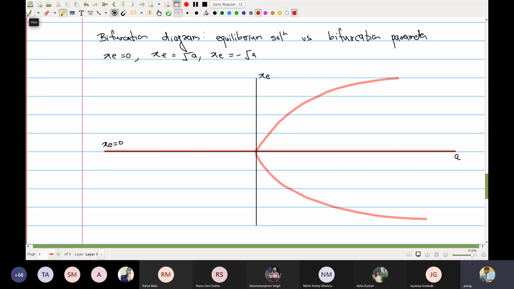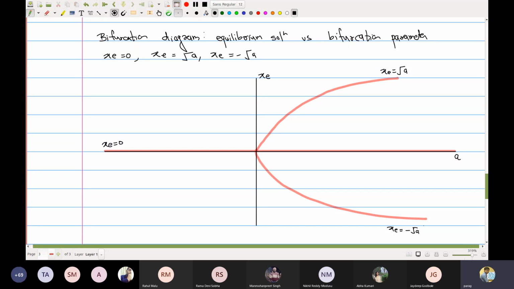So let me write it down: xe equal to root a and xe equal to minus root a. Now my bifurcation plot, which is the plot of equilibrium solution versus the bifurcation parameter, is ready,